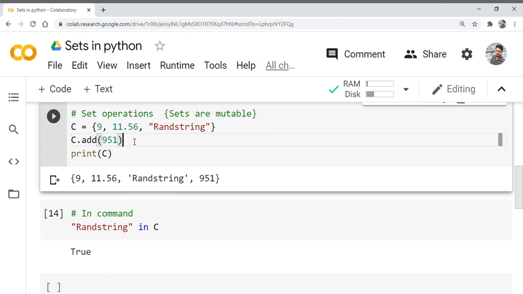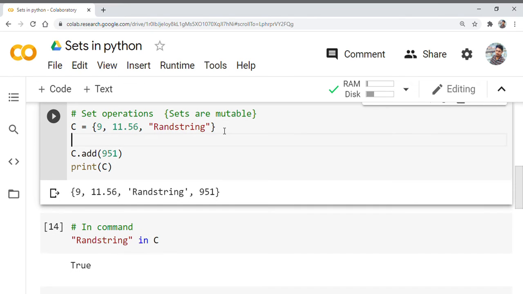And the next one is, let's create one more set over here, which is D equals, let's keep some odd numbers. D is a set which contains odd numbers: 1, 3, 5, 7, 9.